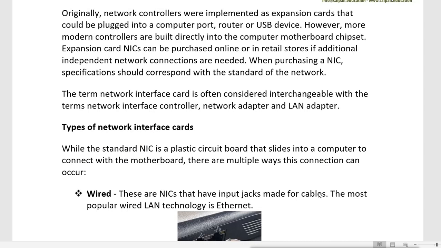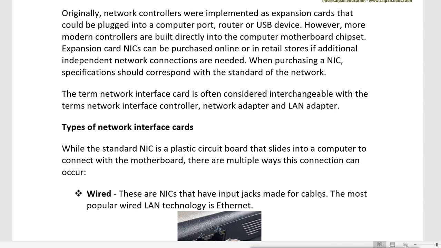Originally, network controllers were implemented as expansion cards that could be plugged into a computer port, router, or USB device. However, more modern controllers are built directly into the computer motherboard chipset. Expansion card NICs can be purchased online or in a retail store if additional independent network connections are needed.